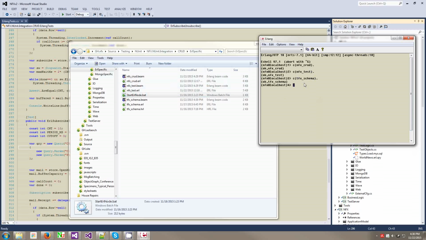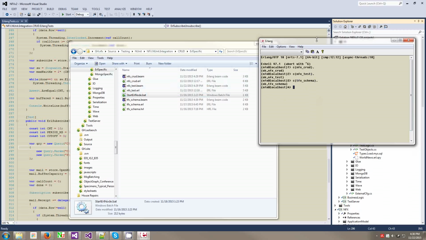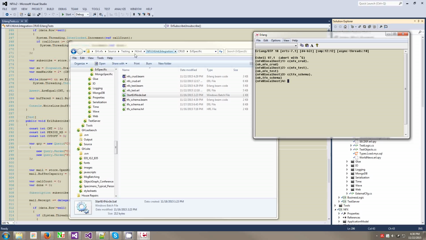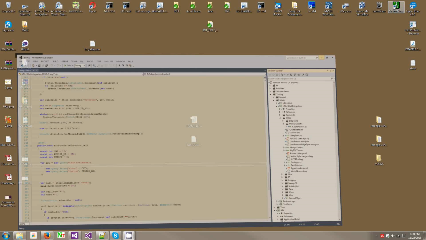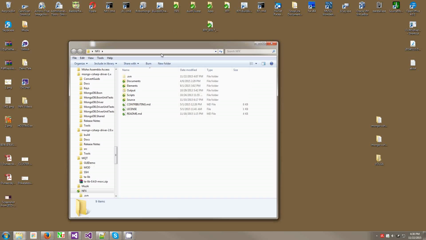Okay, so I compiled all of the instruments that I needed, and I have my Erlang node running. And then what this would allow me to do is execute those tests. But you know what? Let me go to the... I think I need to call this function quit. Okay, let me go to the proper folder here, because if I go to NFX